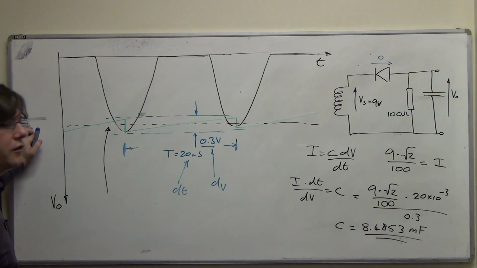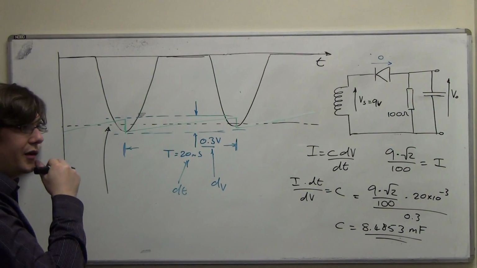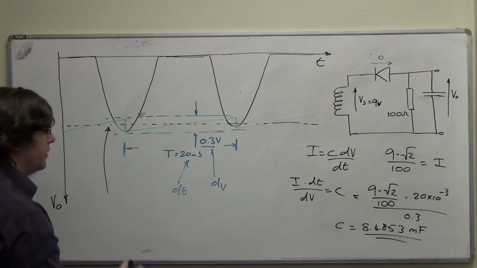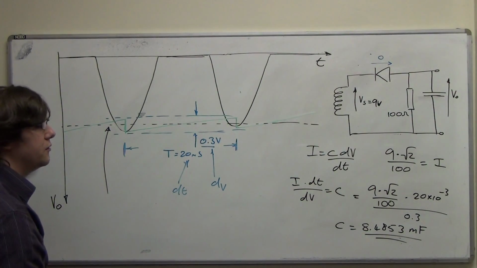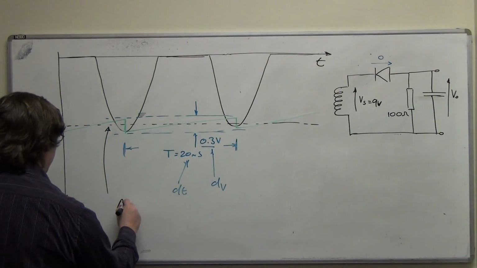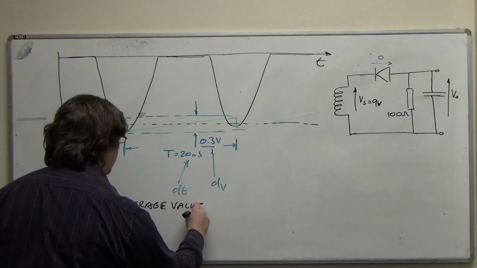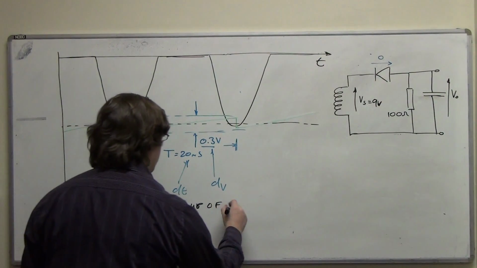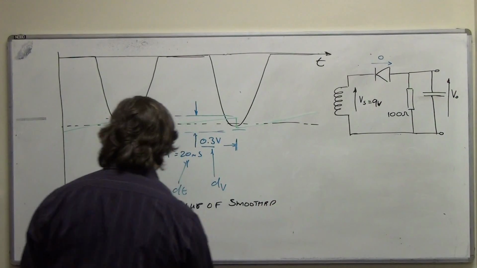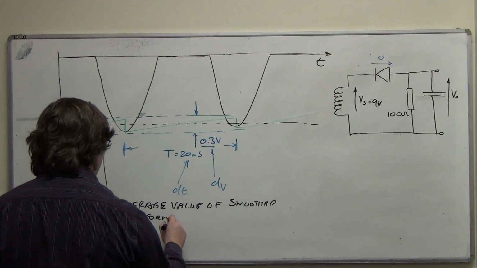Now there's no working out done there. That's a judgment that you make, and as long as you write your assumptions down and they're reasonable, you will score credit for them. So if you derive answers that are based on those assumptions, then it all follows through anyway. So the averaged value of the smoothed waveform is,